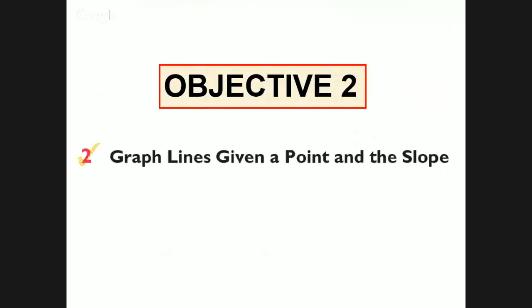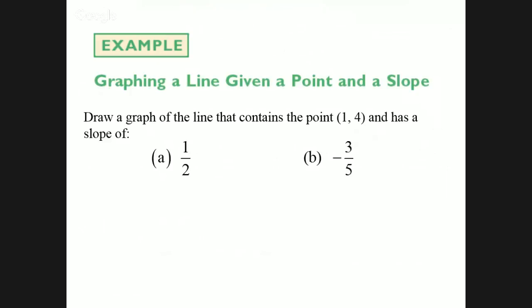Okay. Objective 2, this is going to be the last objective I've covered directly off the slides, and then I go to make a point about the rest. The rest of the slides will be good stuff for you to look at and study. But there's an important point to be made about this here. So graphing a line given a point and slope. Okay? And so we're just given an example here. And here's the deal. Graphing a line. They aren't looking right to the equation just yet. So graphing a line given a point and slope, what we're dealing with then